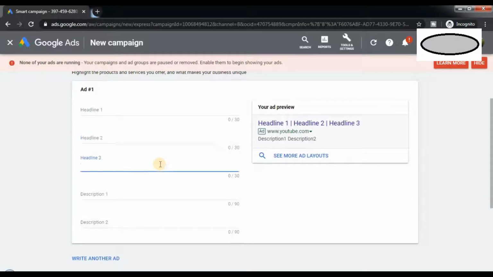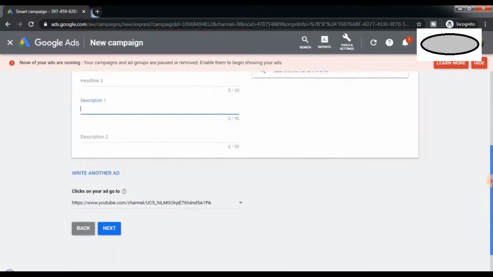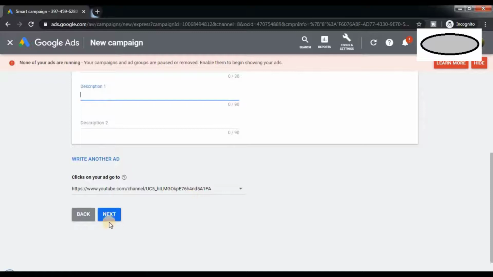Headline 3 becomes your sub-tagline or the prominent niche that you are going to target. Description 1 and description 2 hold your description, the content that you are going to upload on your channel. Make sure that you keep it to hardly 1 or 2 lines, because in an ad you will be able to only see 1 or 2 lines on that.